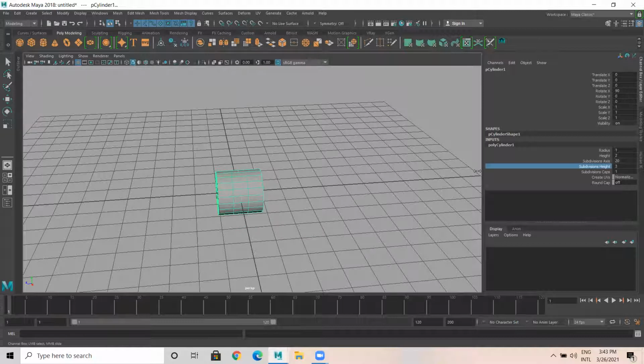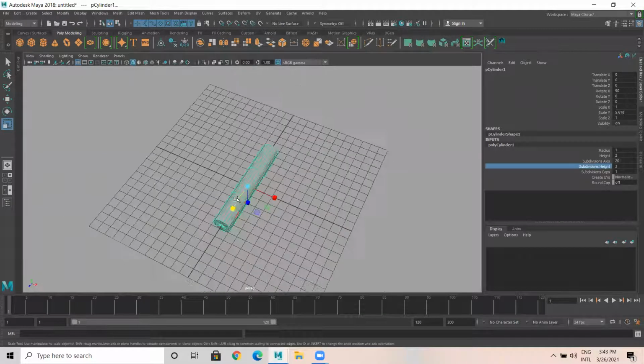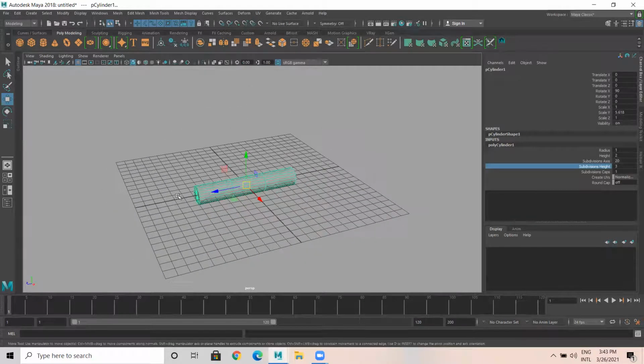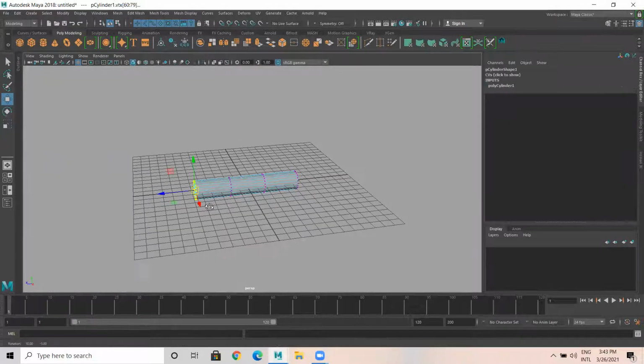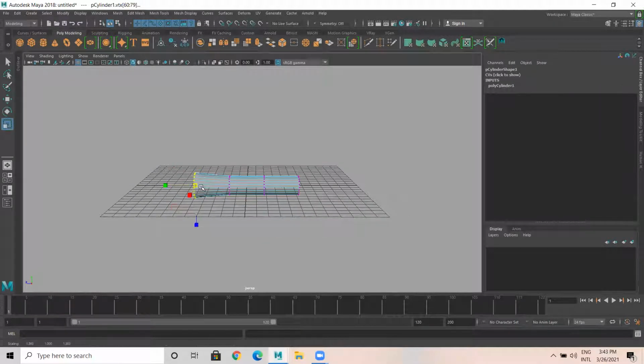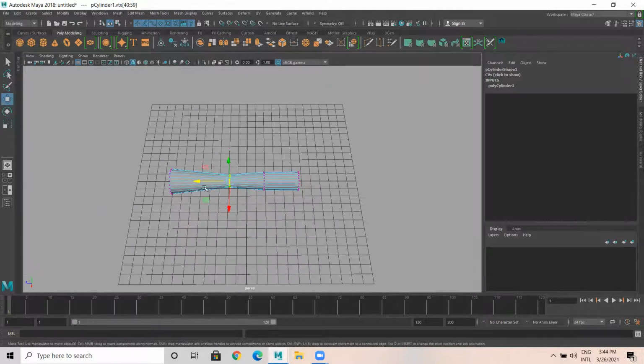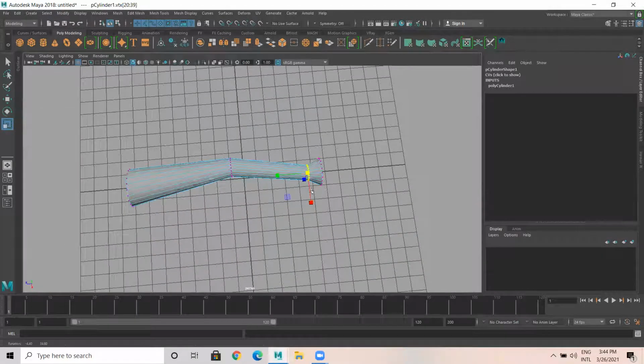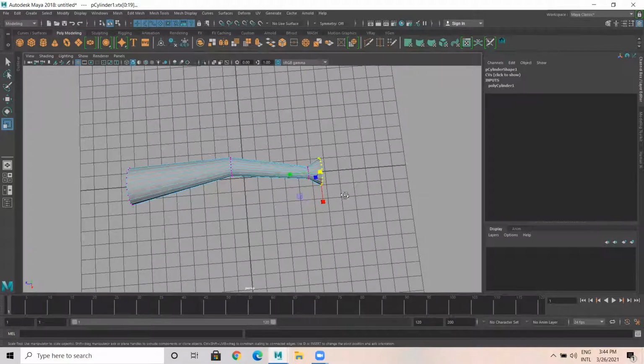Shoulder, elbow, forearm. It's like this. So what I'll do, I'm going to select this side vertex. Shoulder, elbow, I would like to reduce here and a little backside. And this is something like this for the hand part. Quite simple, in a very simple way we are doing it.